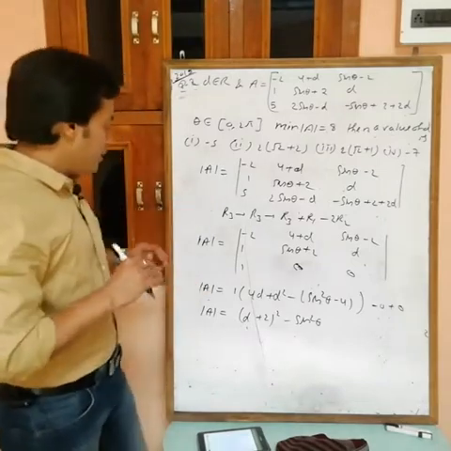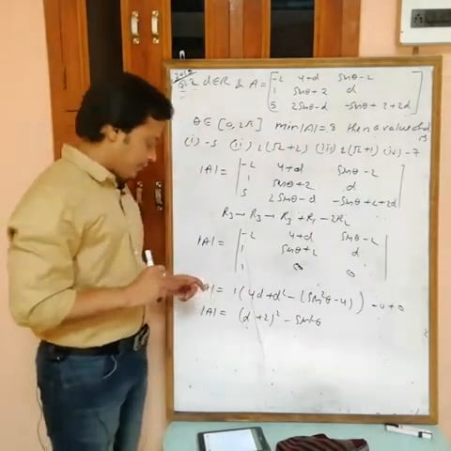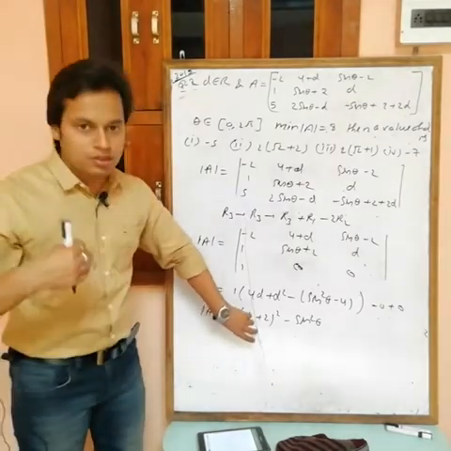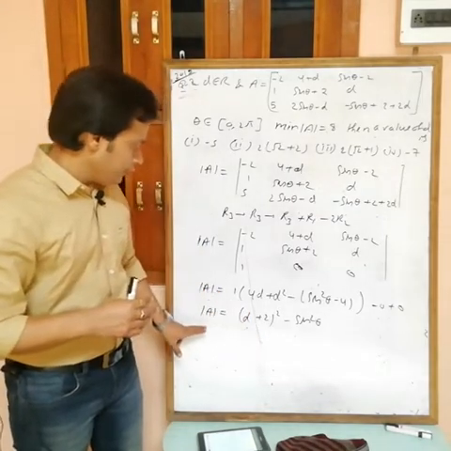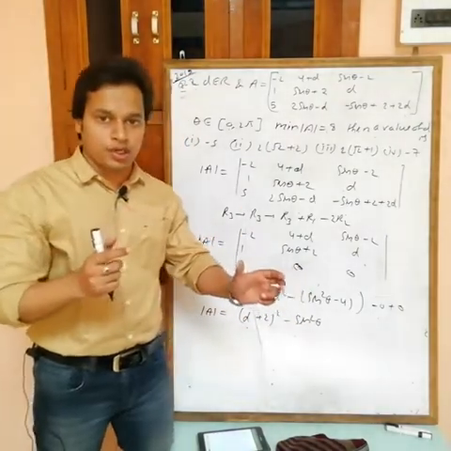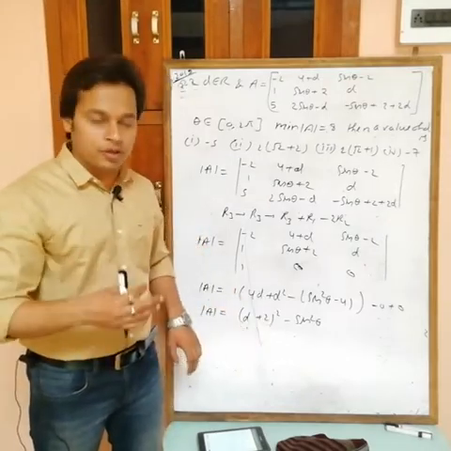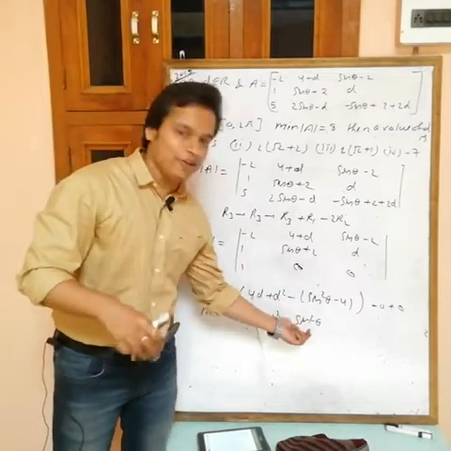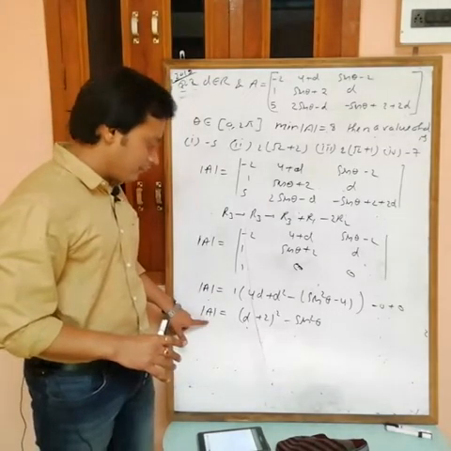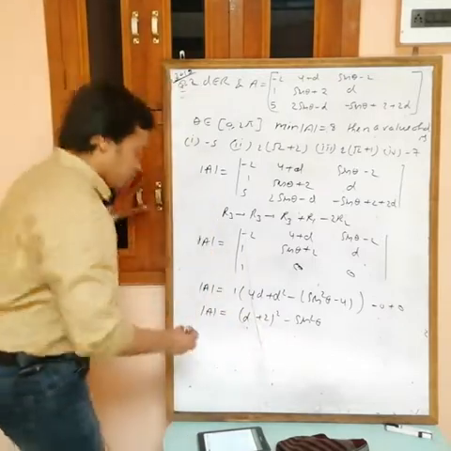Now it is given that the minimum value of determinant of A equals 8. Can you find the minimum value of determinant of A? D is any value. This determinant will be minimum when sin square theta is maximum, because we are subtracting sin square theta. If you take sin square theta as 0, you get this value; if you take 1, then this value minus 1. So if you increase sin square theta, the total value decreases. So the minimum value of determinant of A occurs when sin square theta is maximum, and the maximum value of sin square theta is 1.